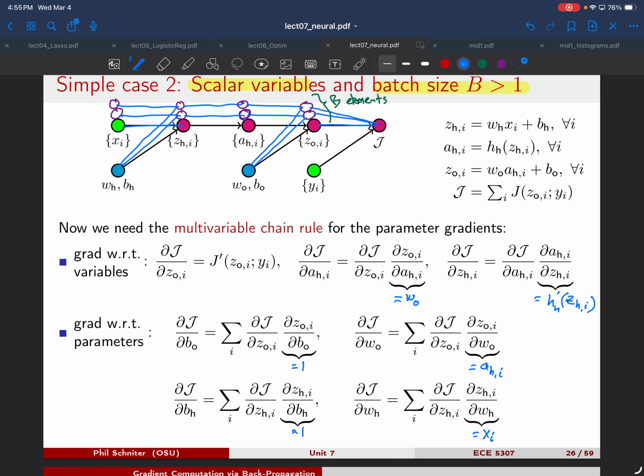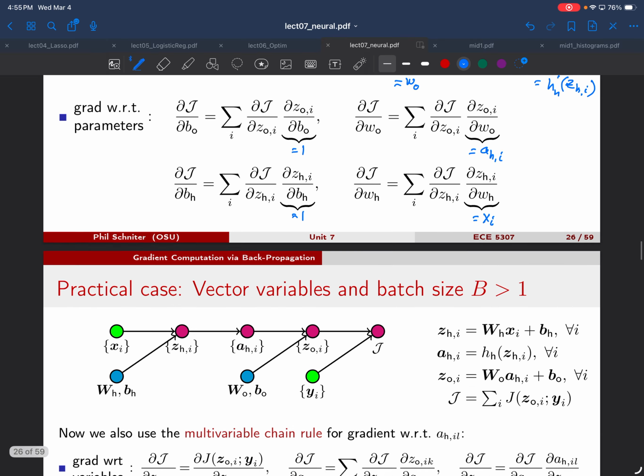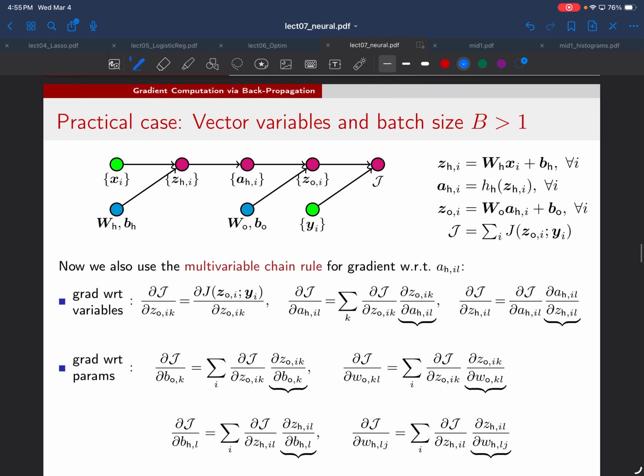Everybody feel like they understand this page? Okay. All right, so now we're going to make things a little more complicated because we're going to add the vector variables in combination with batches greater than 1. So now what's challenging is that we have a bunch of nodes that are vectors. So maybe what we can do is think of this as